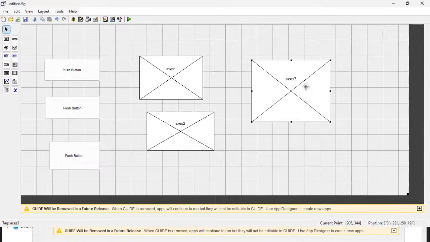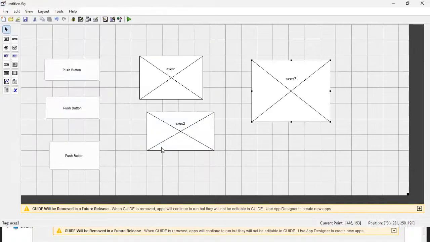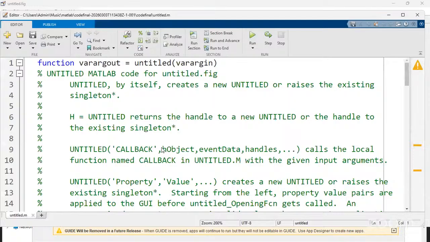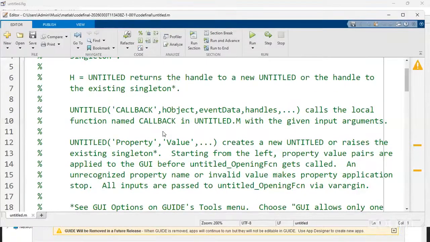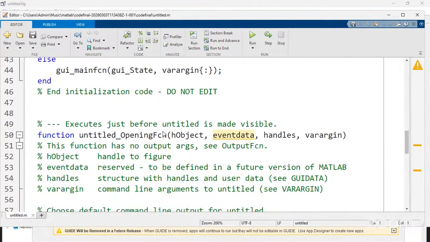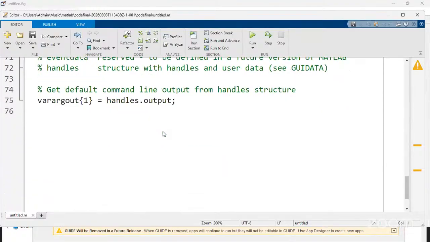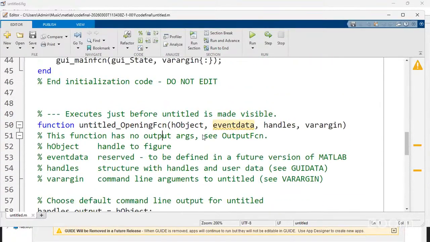After creating this, if I click the save option, I need to mention a name. Separately, it will generate the code. In the code, the button options will be mentioned. Wait, I will show that. Button 1. This is button 1.